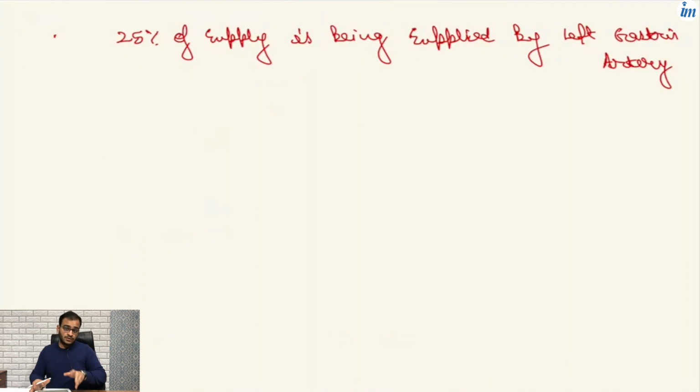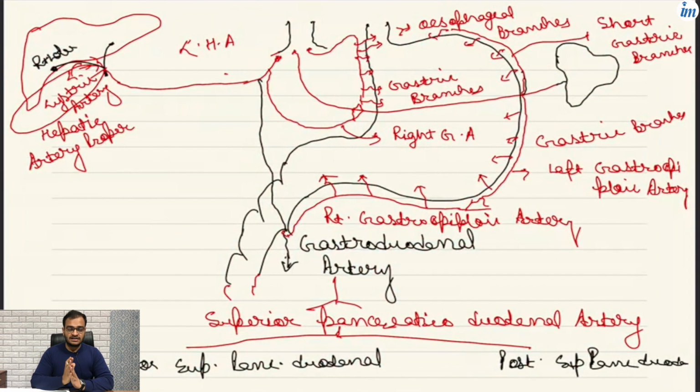Okay, so today we discussed the stomach blood supply and the celiac trunk. Celiac trunk is coming from the abdominal aorta. Celiac trunk has 3 direct branches. You just need to keep in mind a clear-cut image concept. Whenever somebody asks you the question, the image must come to your mind,